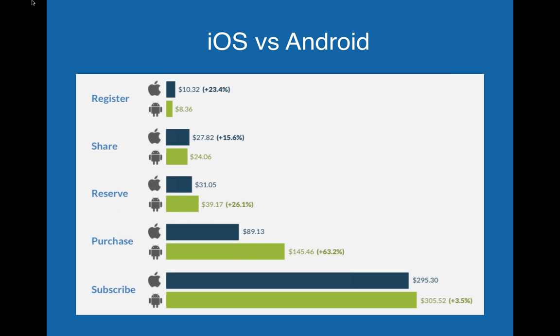Being willing to take out their credit card, being willing to either purchase applications up front, or being more willing to make in-app purchases and trust the payments infrastructure. That's more the case on iOS than on Android. And as a result, typically you get much better conversion rates to purchase, to subscription, or to reservation on iOS, which results in this lower CPA, sometimes much lower CPA.